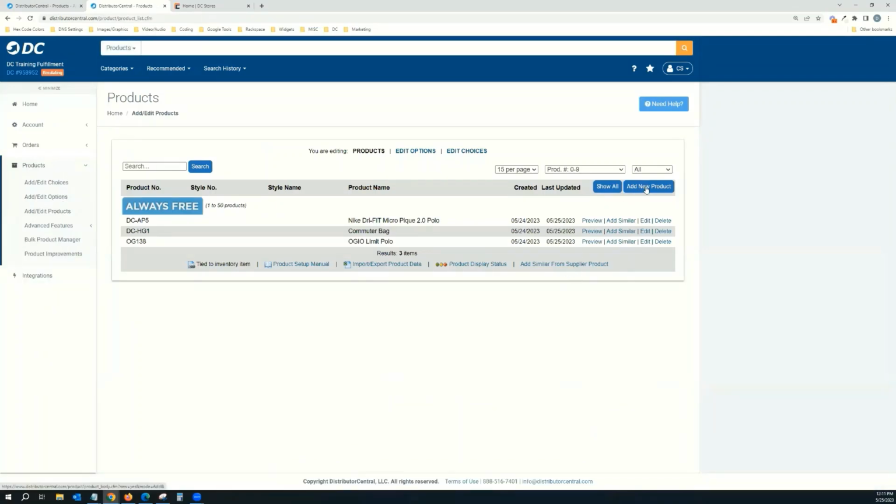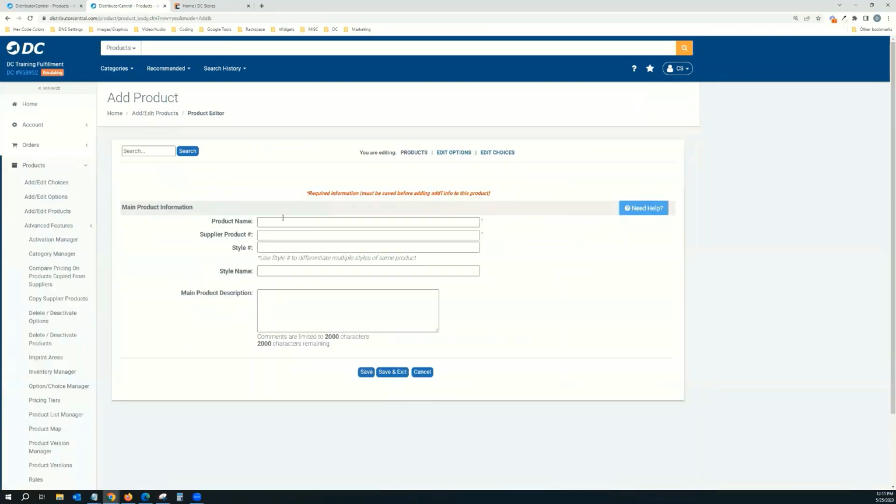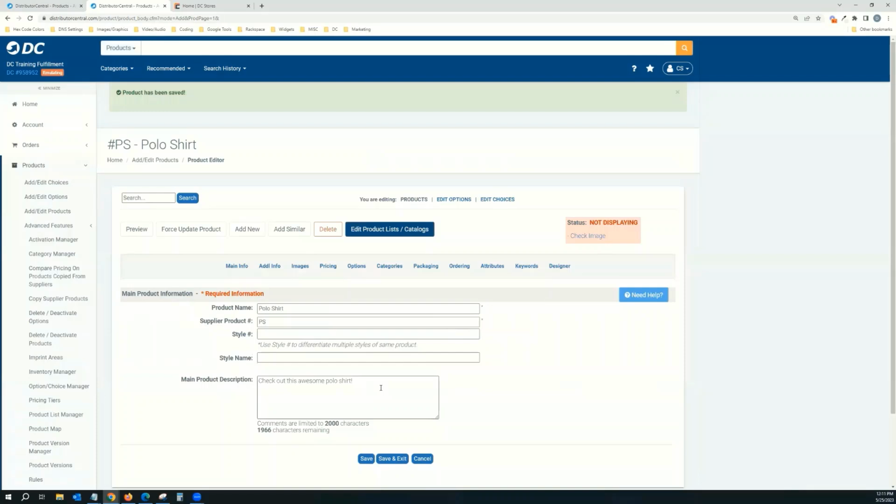And I'm going to click add new product. And so product name, we'll just say polo. Call it polo shirt. Item number, coming up with my own, PS. Description, check out this awesome polo shirt. Save, and you can see the bare minimum in order to display it,